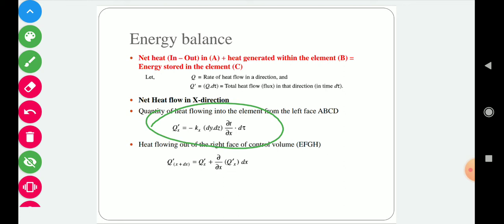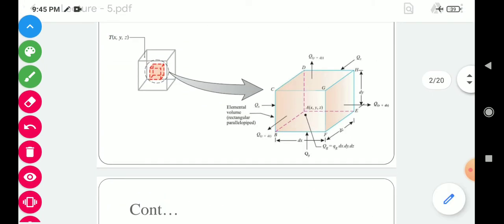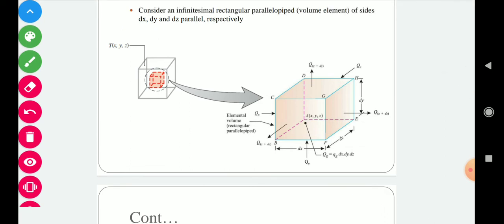So area will be equal to, as we see this diagram again, energy is entering through this face and leaving through this face. So total area will be equal to its length into width. Its height is dy and this is dz. So this surface area will be equal to dy into dz. This surface area will be the same at the entrance and exit. So this is total area.